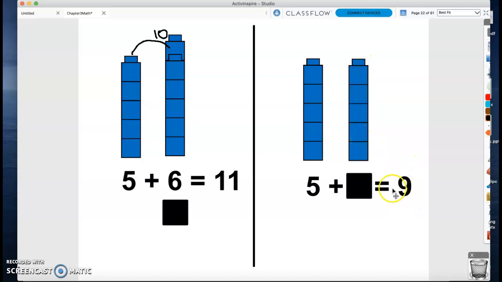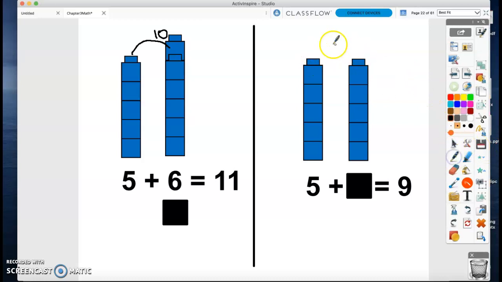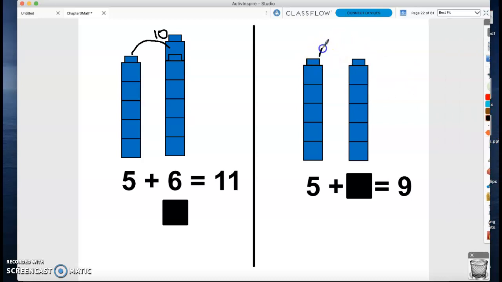But this time our answer is 9. So I know once again that if I have 2 stacks of 5, that's a double. So 2 stacks of 5 would be 10. But I know my answer is 9, and I know that 9 is 1 less than 10. So I'm going to take away 1. So if I were to take away 1 cube,